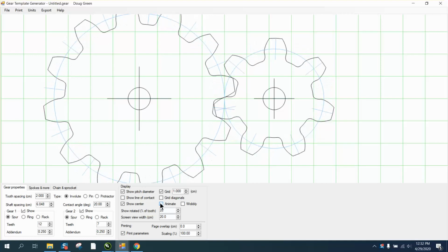We want to take off the animate. We don't want it moving. We don't want to show the blue lines. We don't want to show the center lines. Now, we do want to show the graph, but I have found that you need to save, and